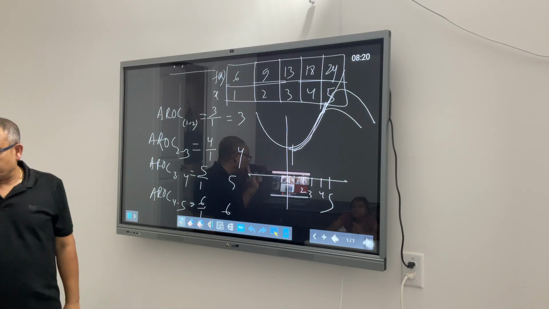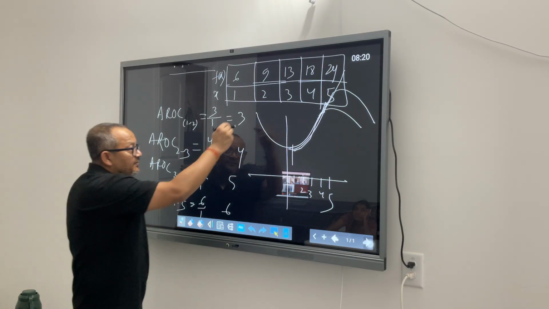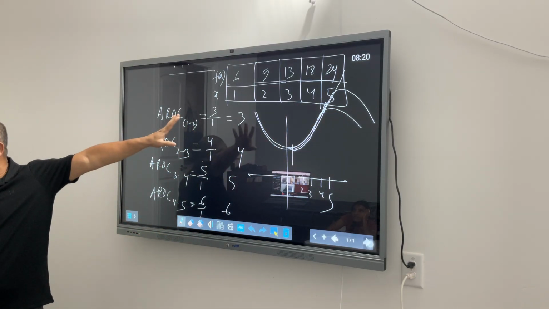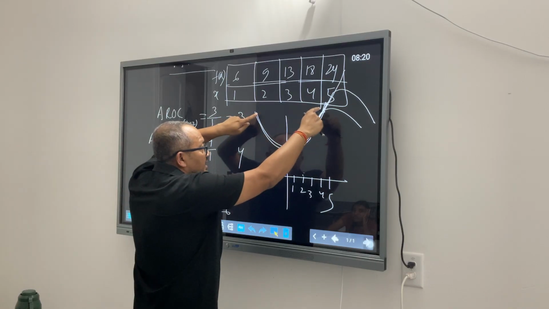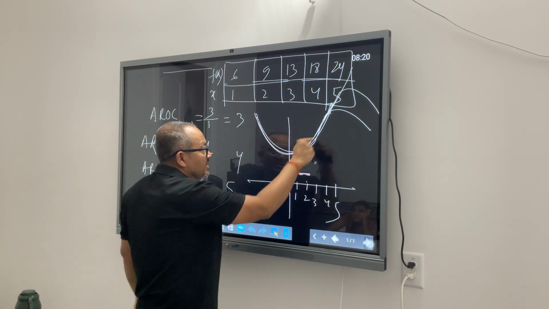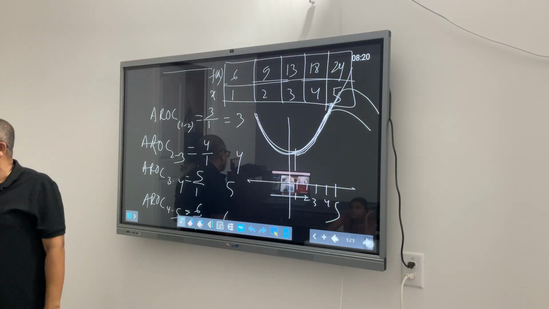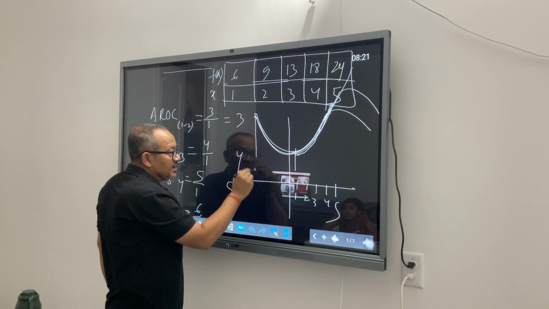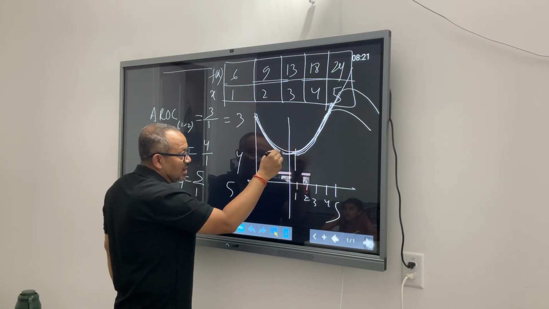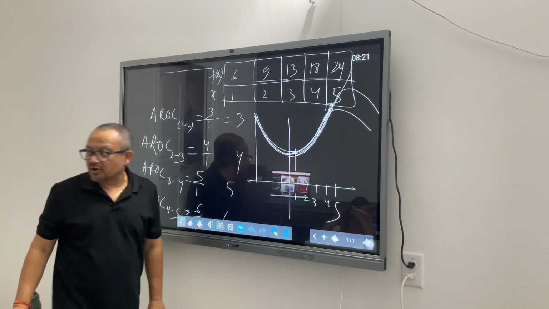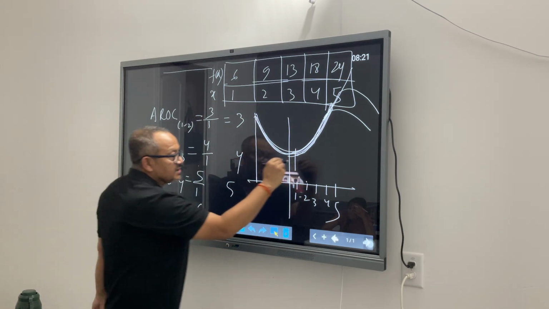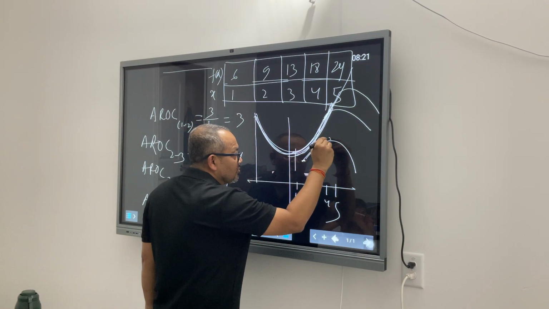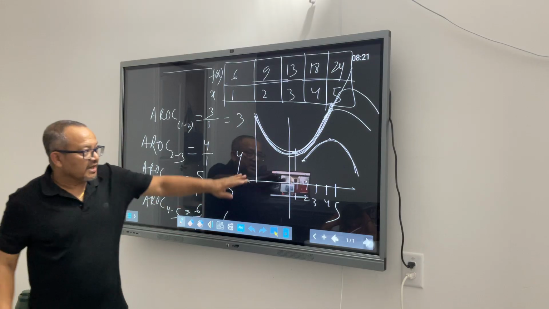But here the point that you guys are making, and I agree to that, if my slope is going like this, with whatever range we are looking at, if my average rate of change is giving me this trend, this is upward concavity, meaning initially my rate of change is going down and then it is going up. If it initially goes up and then comes down, that is downward concavity.